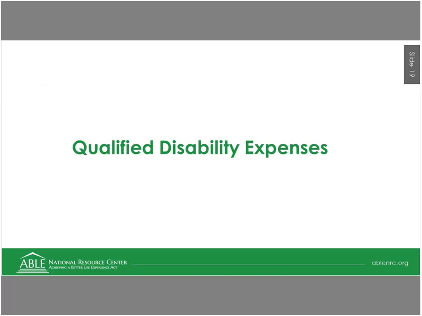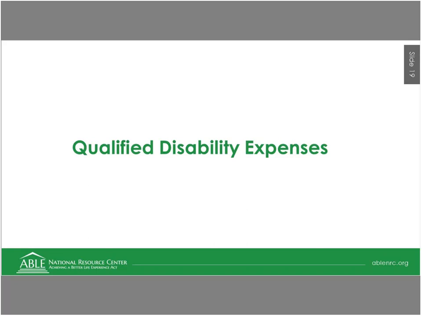We talked a little bit about the campaign and the center, and some general aspects related to ABLE. It's also important to note that those things we just talked about are going to be consistent across all ABLE programs. They're the same no matter if you're enrolled in the Virginia ABLE program, the Ohio ABLE program, the Oregon program, the Texas program, what have you. Those are founded in the federal law that governs every single ABLE program. Next week we'll talk a little bit about the things that differ from one program to another, but we're getting ahead of ourselves. So let's talk about what exactly the funds can be spent on.